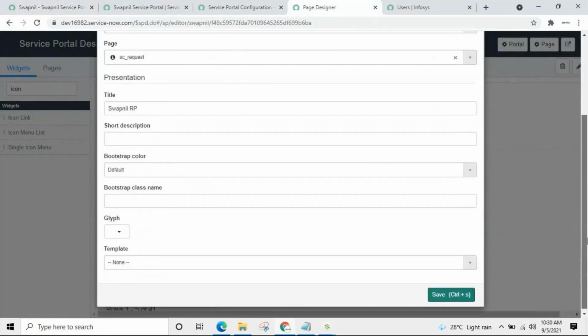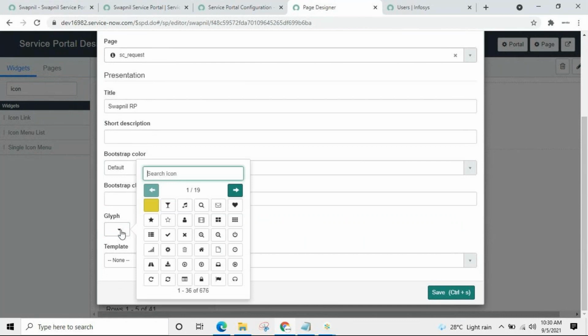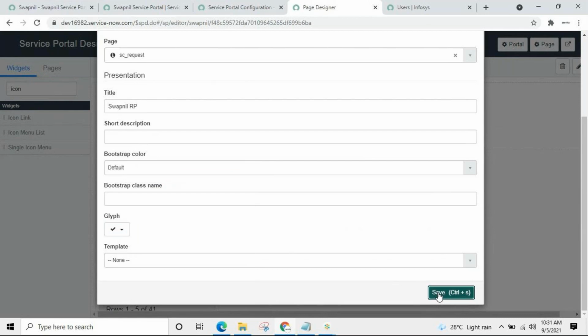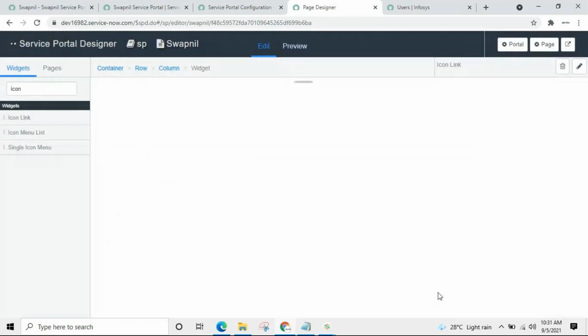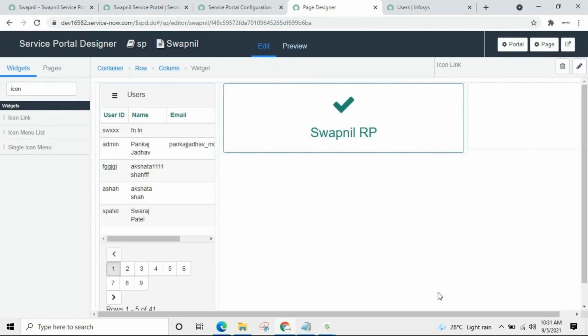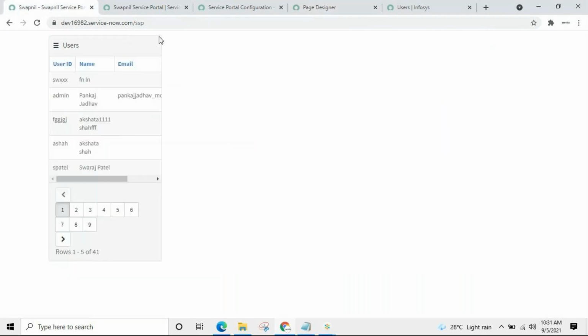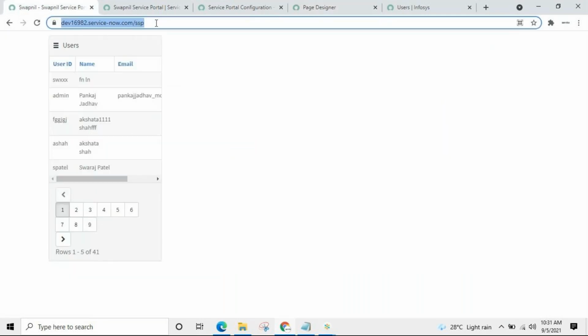So now, how should it display it like this? And I'll save it. So when we added it as a third widget, that time also it was added, but the label was missing. All right. So now, if I hit this again,